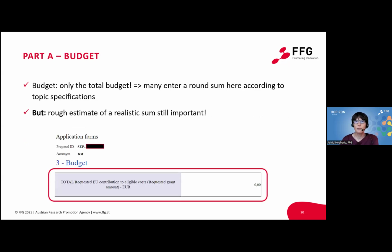Also in part A, you have to put in the budget of your proposal. Please be aware that in stage 1, you really put one number here. There's no need to break down the budget per participant, at least not in the Funding and Tenders portal. So one sum. Many choose a sum here that's quite round, 7.7 million, 5.3, but it's still important that you